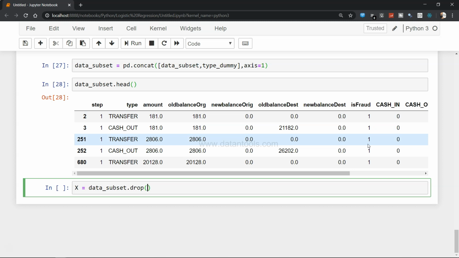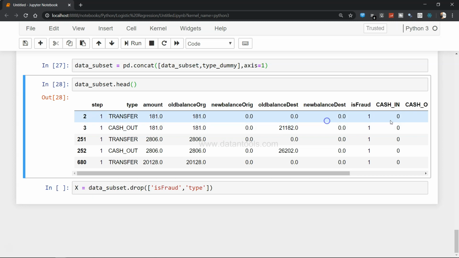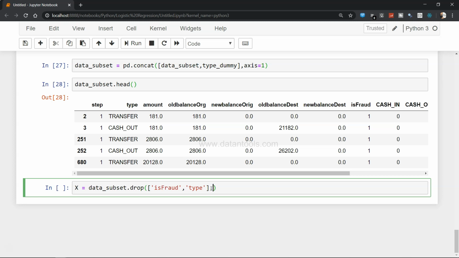It should not be part of our x dataset, which is the training data, because we want to predict it. So I will say isFraud, comma, type, because we have all the type values over here, cash in, cash out, and I will say axis equals 1. So it will drop these 2 columns and give you the rest of the columns.